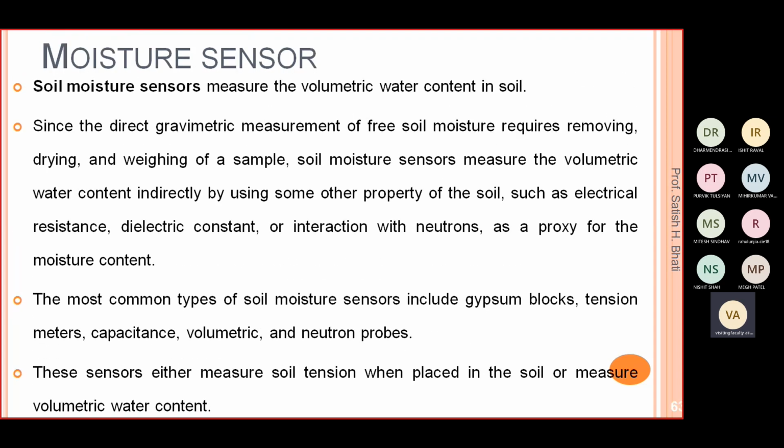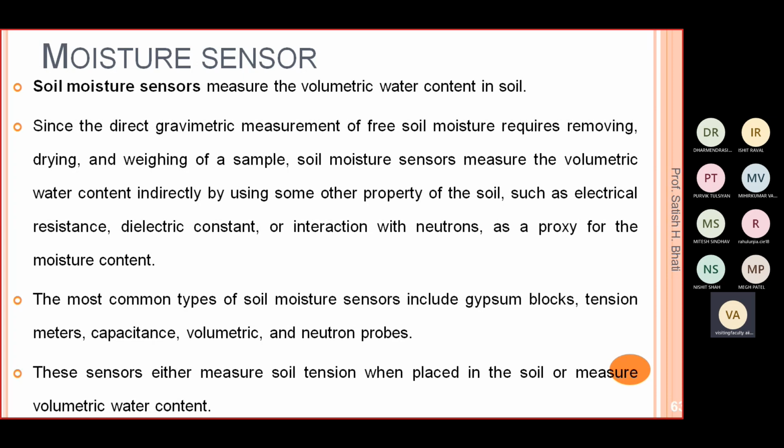The next is the moisture sensor. Generally we are using the soil moisture sensor to find the level of moisture, or the value of the moisture inside the soil. We also use it to find the moisture inside some other kind of material or medium. So this moisture sensor measures the volumetric water content in soil or some material, so you can find what water content is present inside the material or the soil.